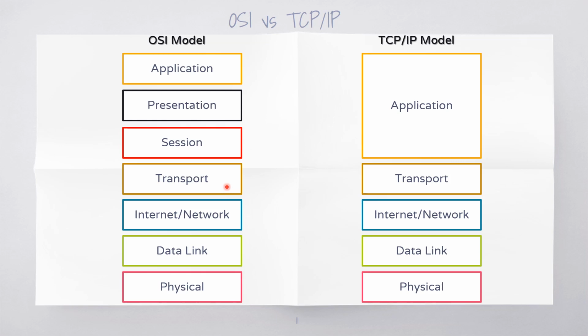The application layer in the TCP/IP model is considered to be a combination of all the functionalities defined in the presentation as well as the session layer. There are 2 major reasons for this. First, TCP/IP has more than one transport layer. So some of the functionalities of the session layer are available in some of the transport layers. Because of that, the session layer has been removed from the TCP/IP model.